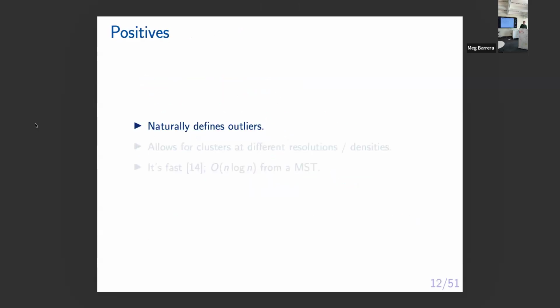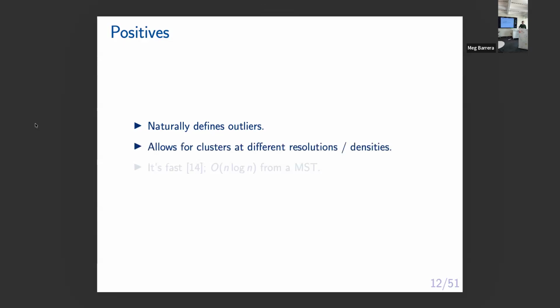So some positives about this method is we get outliers here. If the very first thing that happens is 1 point falls out of this cluster tree, and that comes at the minimum cluster size greater than 1, that branch immediately gets cut. So we're not allowed to choose it as a cluster, so it's not in any cluster. So these are going to be the outliers, and we don't have to do anything else to them.